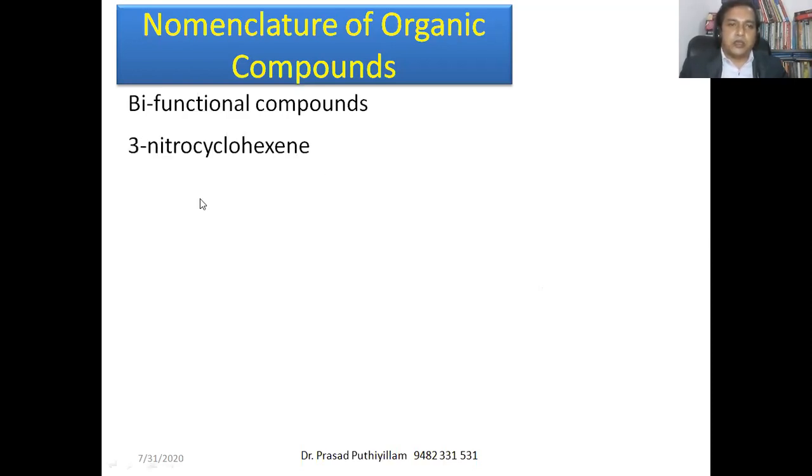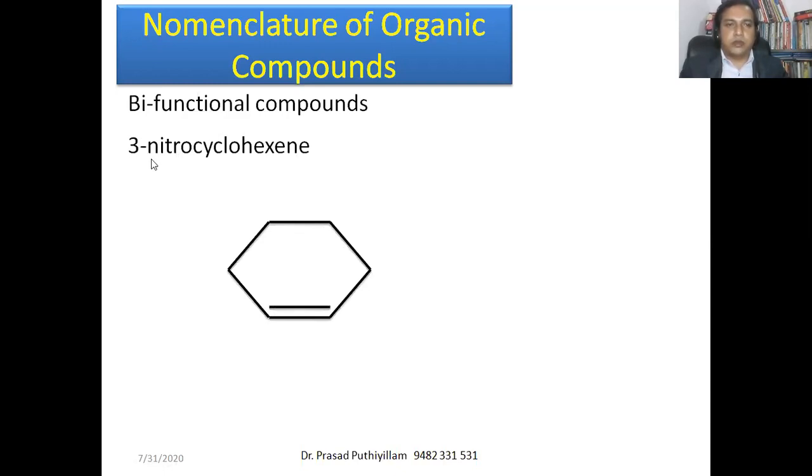Now 3-nitrocyclohexene. It is cyclohexene. Hex means 6. It is a cyclic structure, and the -ene double bond is also there, and there is a nitro NO2 functional group. First I will write the cyclohexane structure. So this is the cyclohexane structure. Now it should have a double bond. Where can we give the double bond? Here we can give it, here also we can give it. All these 6 positions can have a double bond, then it becomes cyclohexene only. I'll give a double bond here. It can be given in any position. It becomes cyclohexene only.